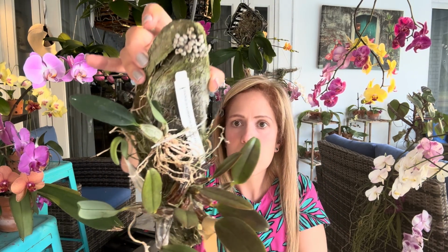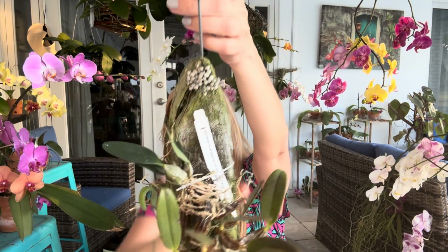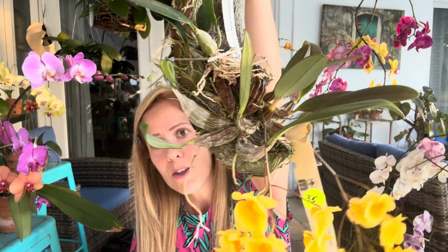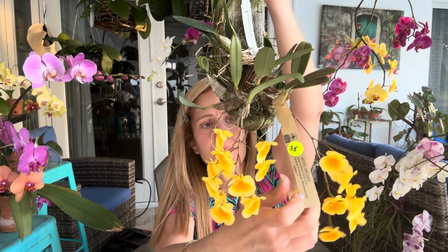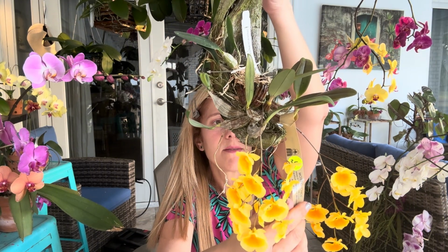The little one was given to me by my sister-in-law because she put it in one of her displays there, and this little part fell off and she was going to dump it. And I said, no, give me that little piece. So I put that little piece in a little tiny 2-inch pot with moss, and it grew into 4 little pseudobulbs. So I'm like, you know what? I'm going to put her together with her bigger sister. This is her tag. Dendrobium lindii,